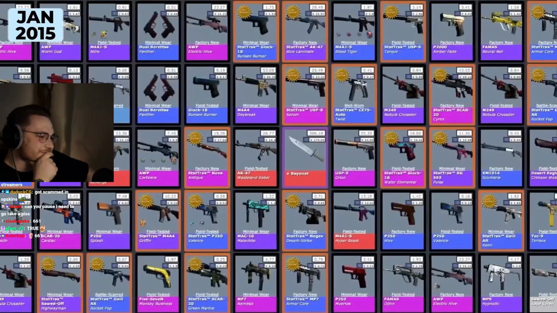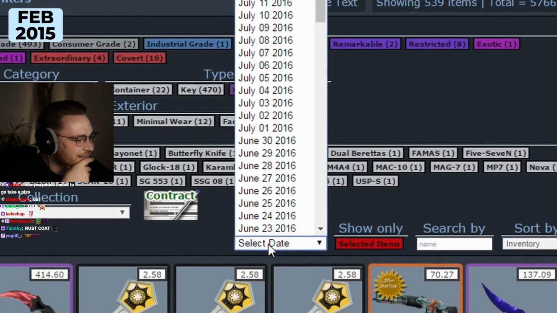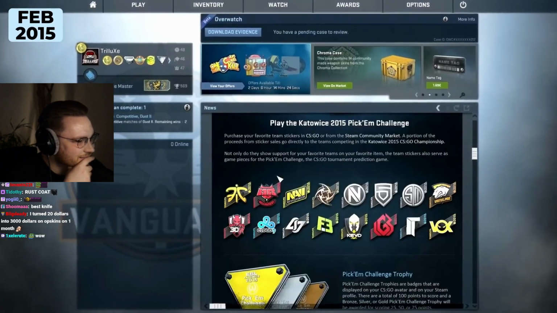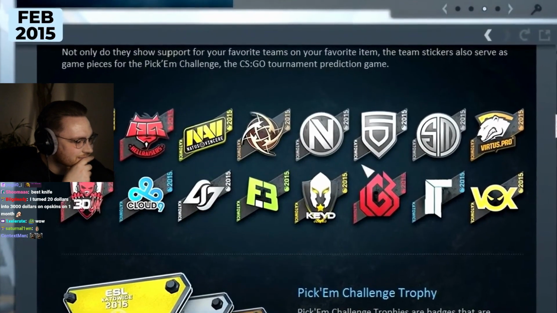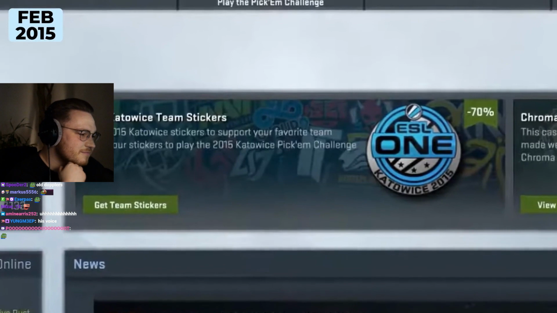And the first databases were also being created. In February, CSGO Exchange launched, allowing people to track skins for the first time ever. And the same month, we got the Katowice 2015 stickers. These stickers look good and they weren't on sale for very long, which led to them becoming a kind of